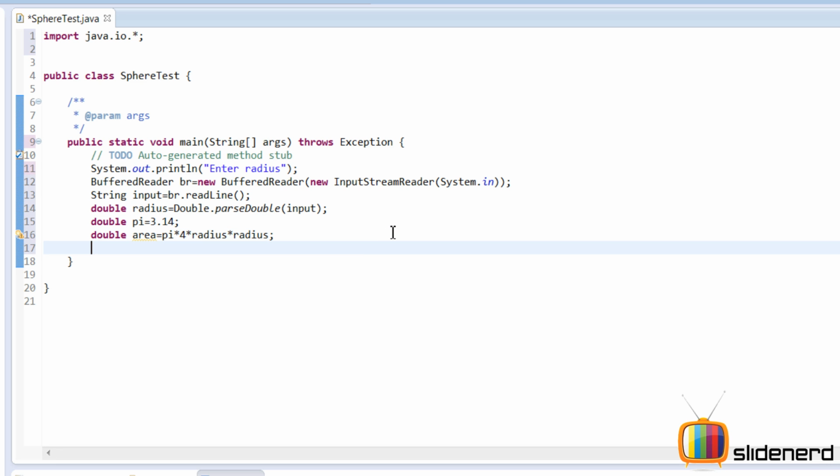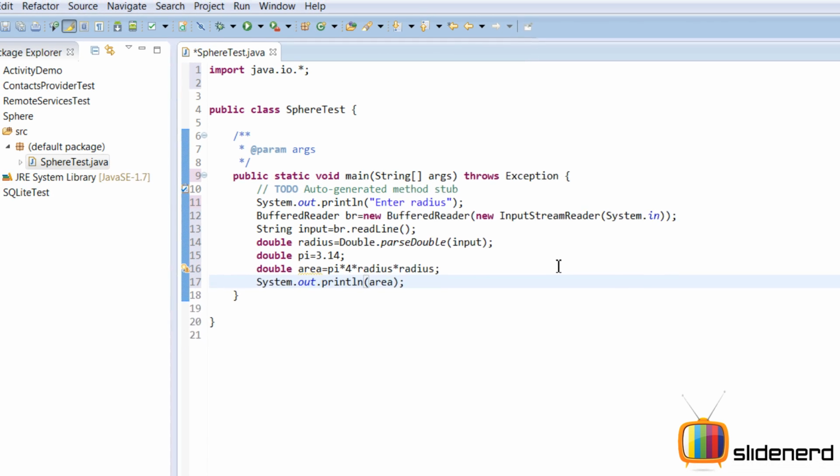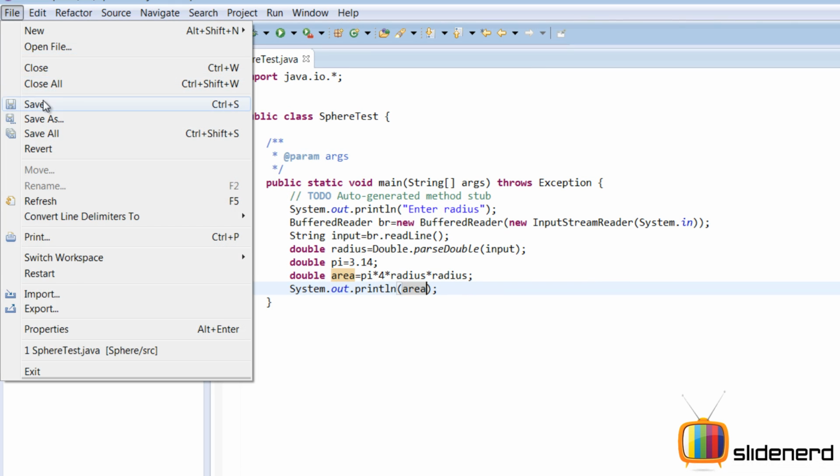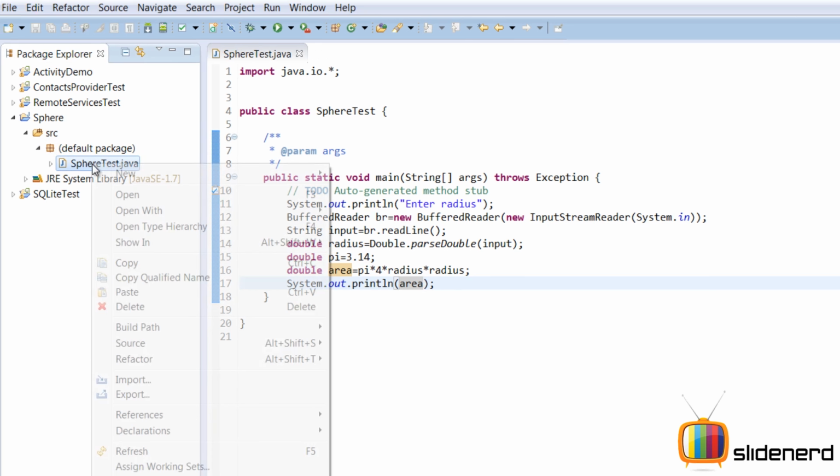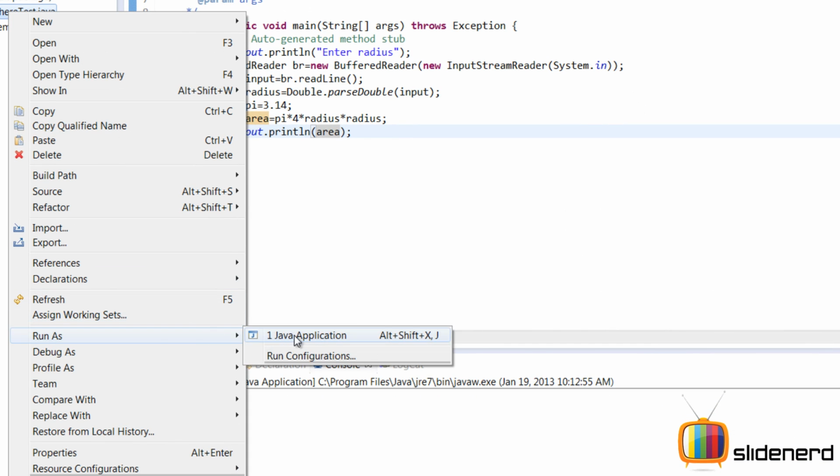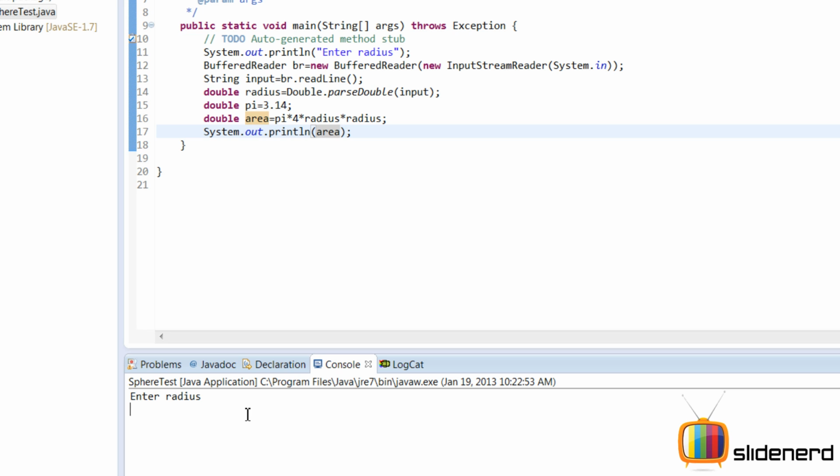We just need to print this area now by saying System.out.println, which we can copy paste from earlier. Area. So at this point just go file, save, right click, run as Java application, enter radius, say 10. It gives 1256.